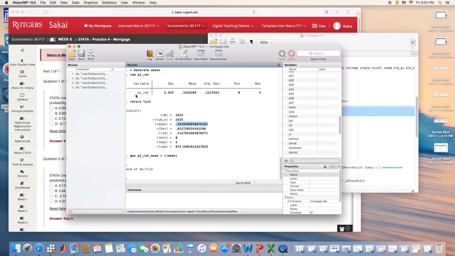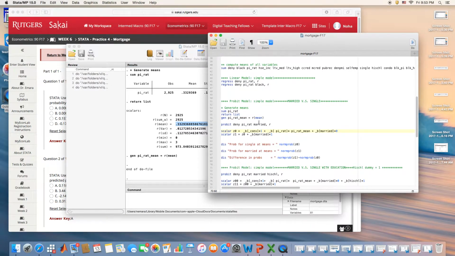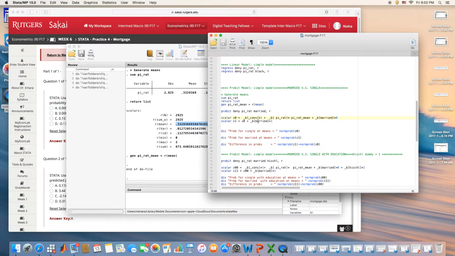So the average of the payment to income ratio is 33.29% of all the observations. In other words, the average person in the sample would pay out of the income 33.29% to other payments, to debts or other things. It's very important to make sure that we are using this variable, the mean, later